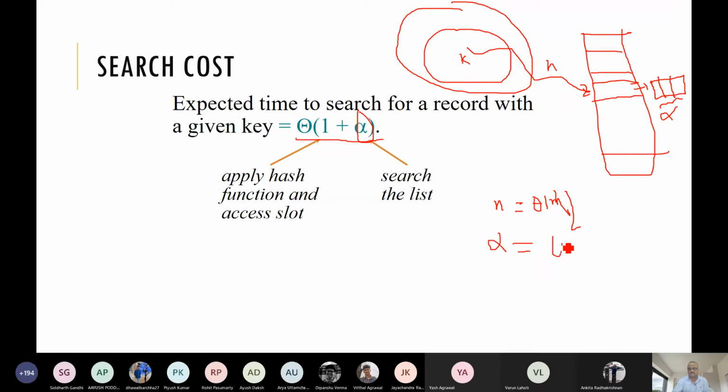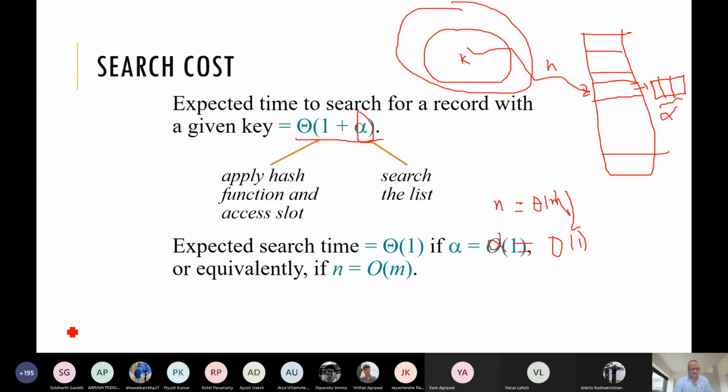Alpha will be order of 1 if we are using a good hash function, because alpha is n by m. But in the worst case, all the keys are mapped to the same slot. So that is the thing.